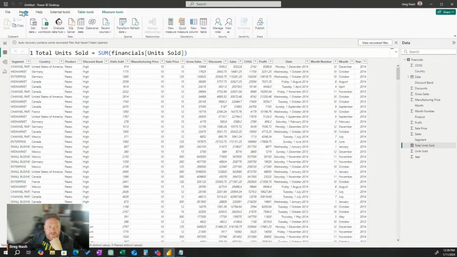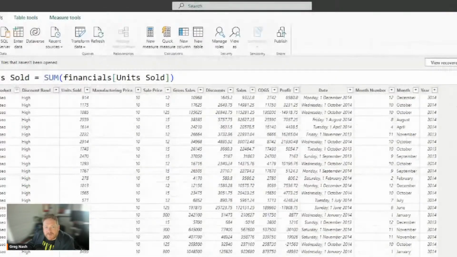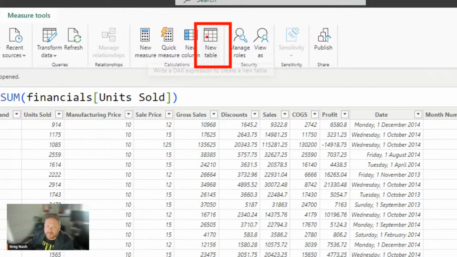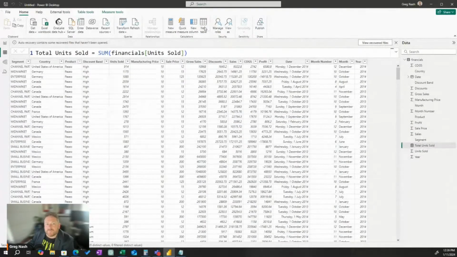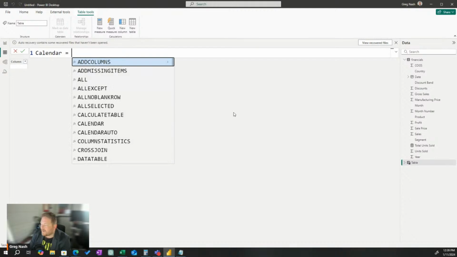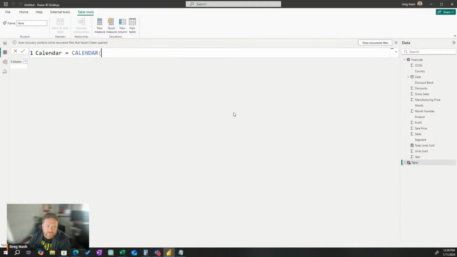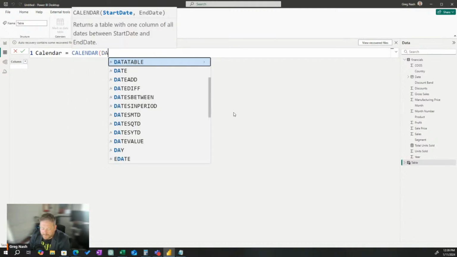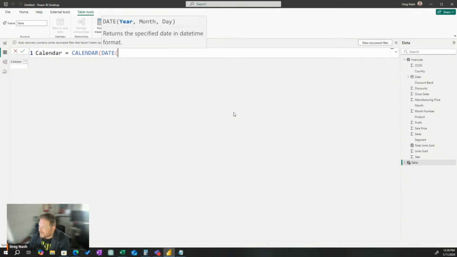All right, we're going to create a new table. So that means we have to go to the Home tab again at the top. We need to click this one, which says New Table. I think there's only one way to create a new table. It's going to say, hey, what are you going to do with DAX? So now we've got to write a formula to create a new table. And the formula is going to be a calendar table. We're going to actually dynamically generate a calendar table. And calendar tables are super important. We can talk about why they're important later.